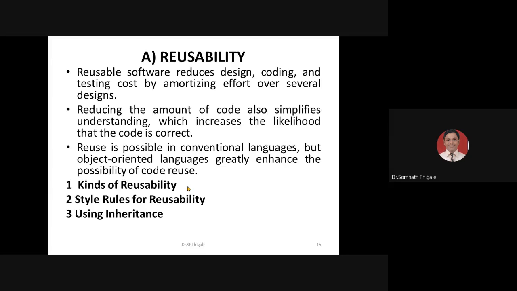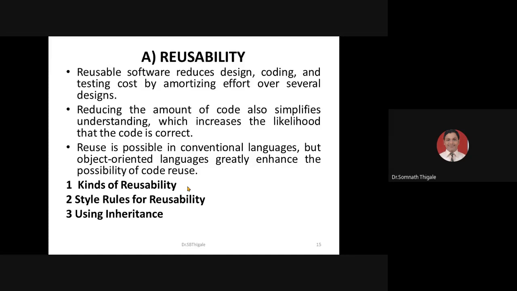Moving to the next, highlighting characteristics of object-oriented programming language. As the name suggests, it is reusability. Usability means already done and I'm using it, but for the next purpose, is it possible for me to use the same code just by doing small modifications?